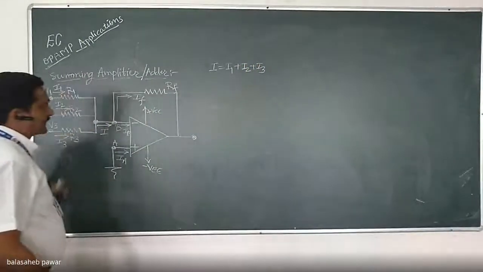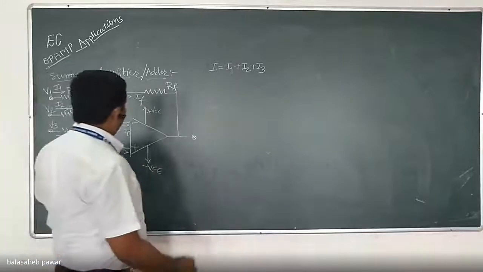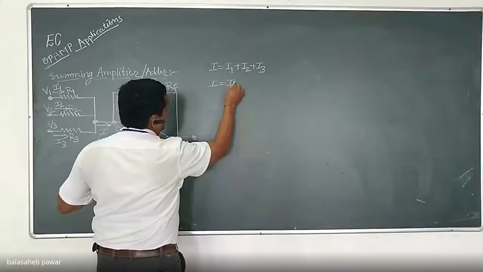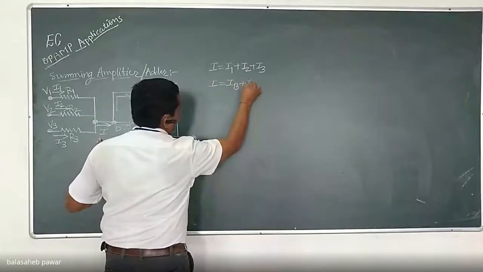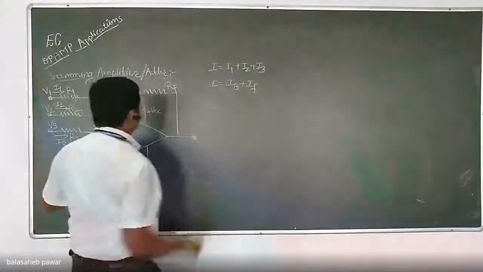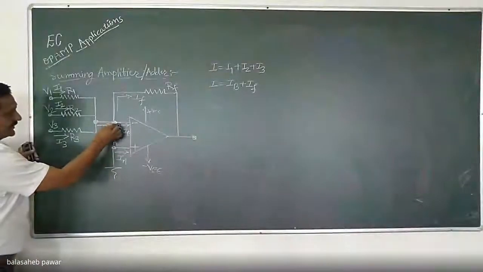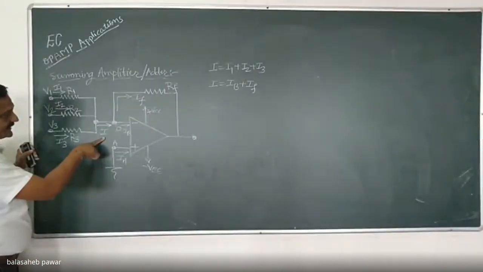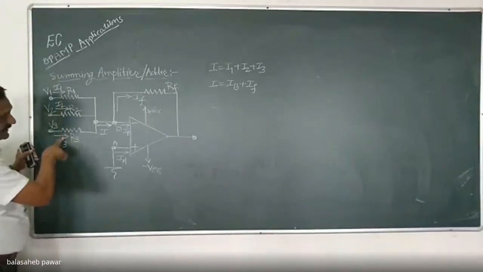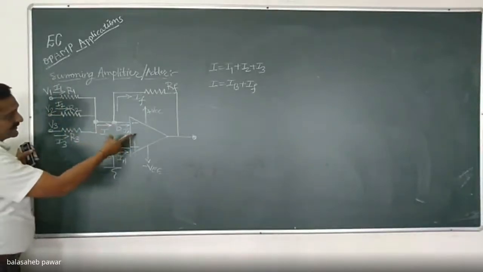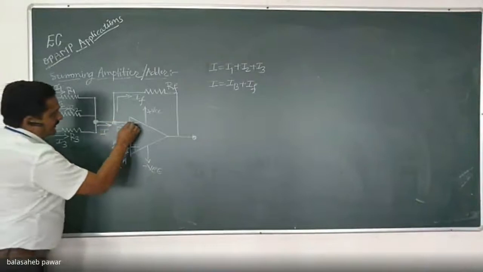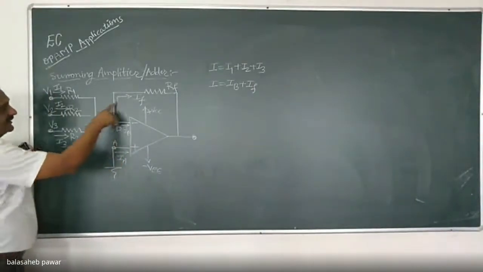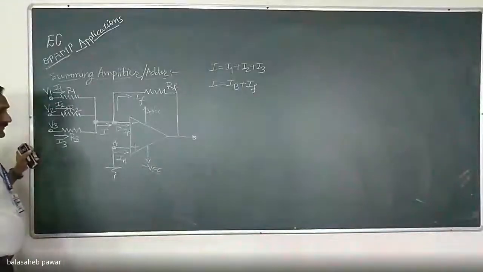Right? Similarly, you can write that I equals IB plus IF. At the next node, there is one incoming current, that is I, which equals I1 plus I2 plus I3, and two outgoing currents. One is the current flowing through the inverting terminal of the op-amp, that is IB, and another one is IF.